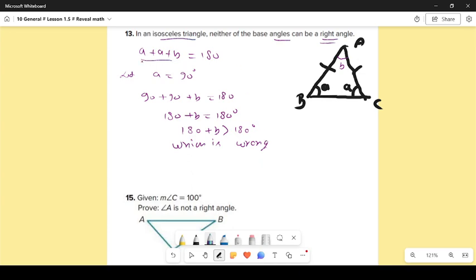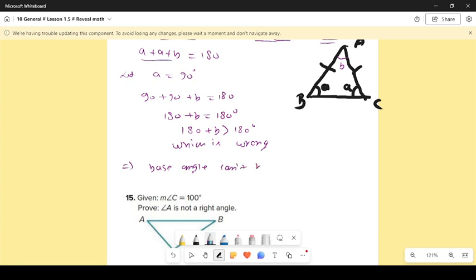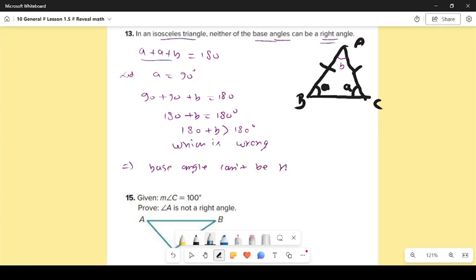Why is it wrong? Because I have considered that the base angle is a right angle. So this implies the base angle can't be a right angle. And the last question for today,